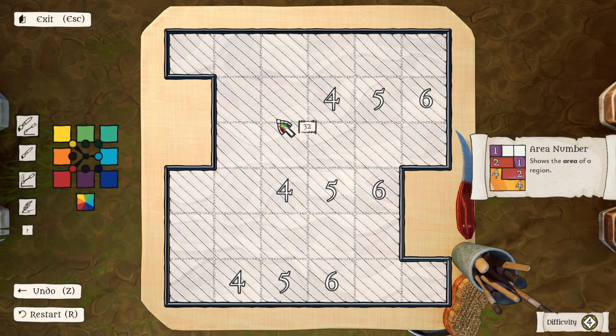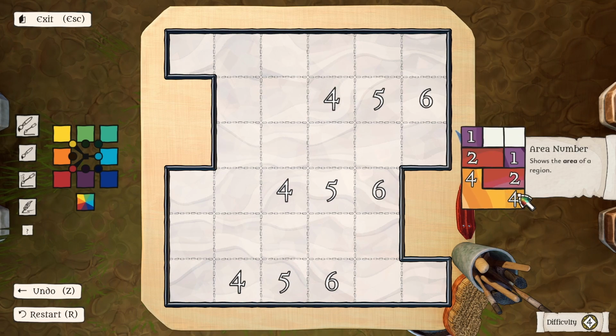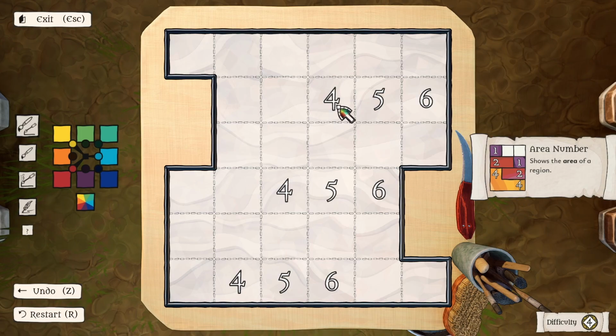We have 32. That means that there are... How many, though? There are overlapping numbers. There's numbers that are showing the area of a region that other numbers are also in. Like that 4